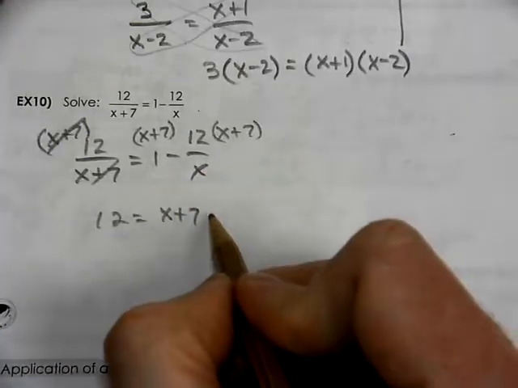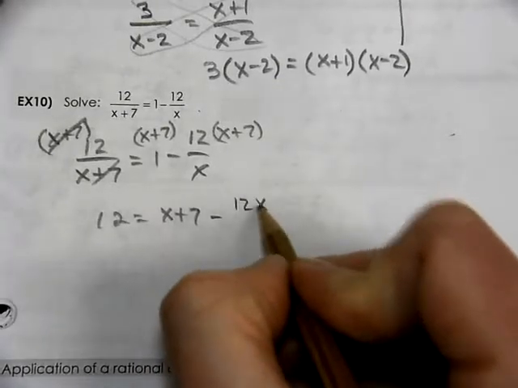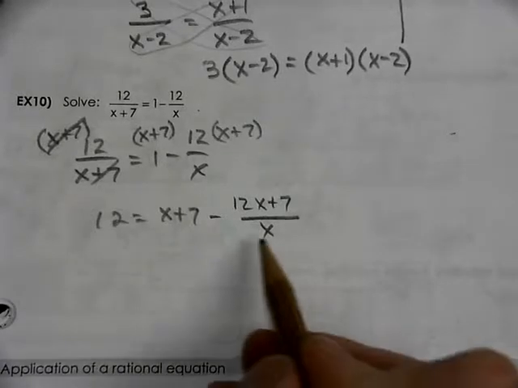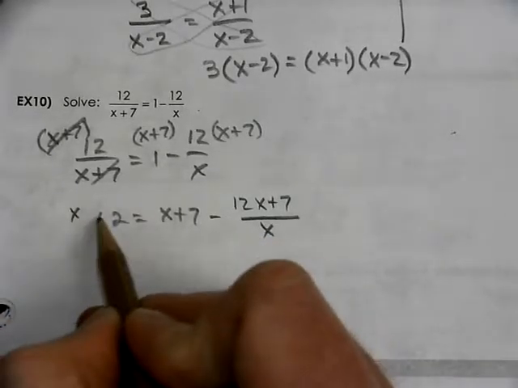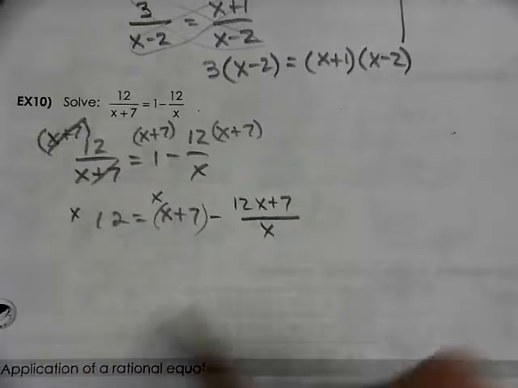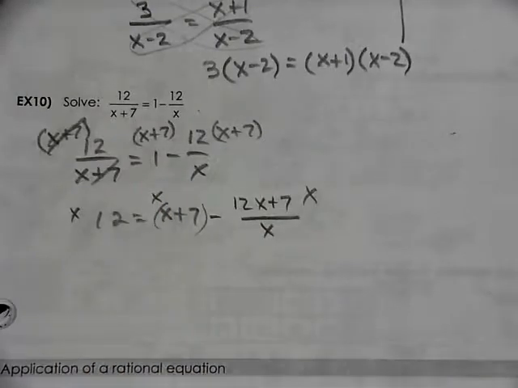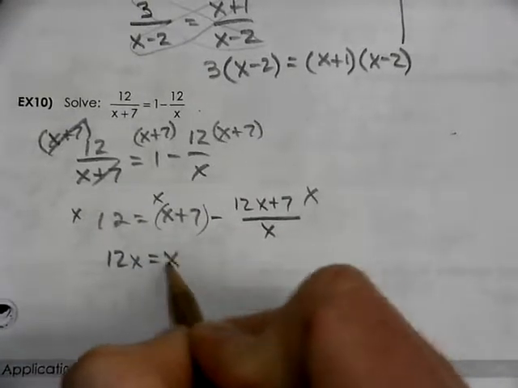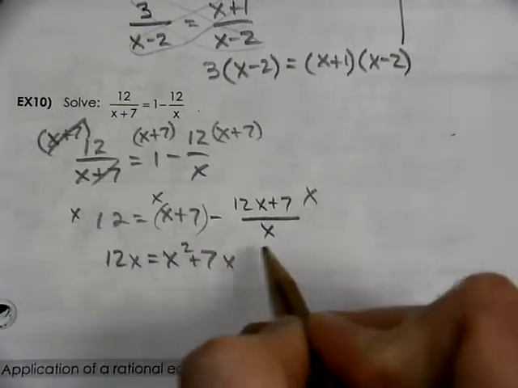Nothing crosses out here. So we're going to get 12x plus 7 over x. Then we're going to come through and multiply 12 by the x, multiply x plus 7 by the x, and multiply the last term by an x. 12x equals x squared plus 7x